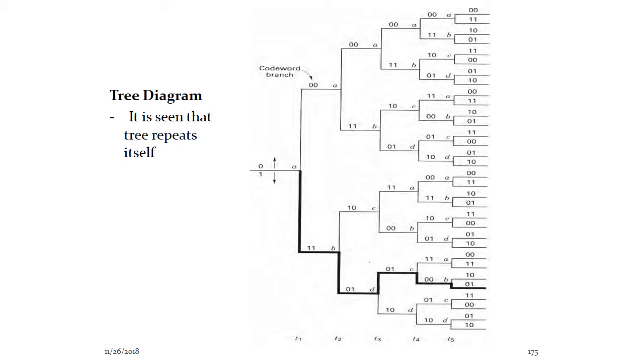The nodes are marked with their states A, B, C or D. On the path between the two nodes, the outputs are shown. So we have verified the part of the code tree for the first 3 message bits as 1 1 0, likewise. The repetition starts after the third bit, since a particular message bit is stored in the shift register of the encoder for 3 bits, 3 shifts. If the length of the shift register is increased by 1 bit, then the pattern of the code tree will repeat after the 4th message bit.